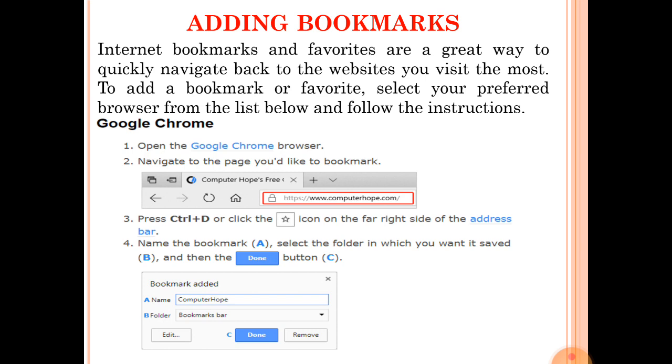Or some browsers provide a setting button on the toolbar menu: click on the tools menu, then click on bookmark, then click add bookmark, then write the name of the bookmark and click on done. So you have different ways to add a bookmark of a web page or website.